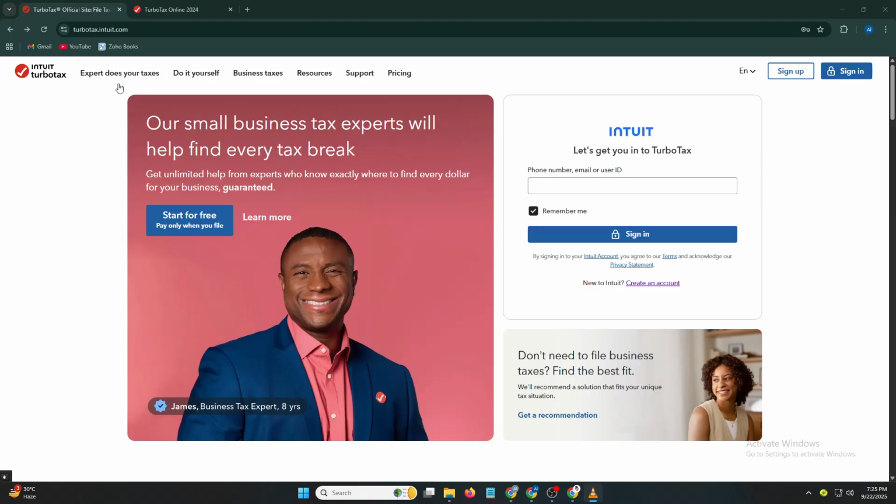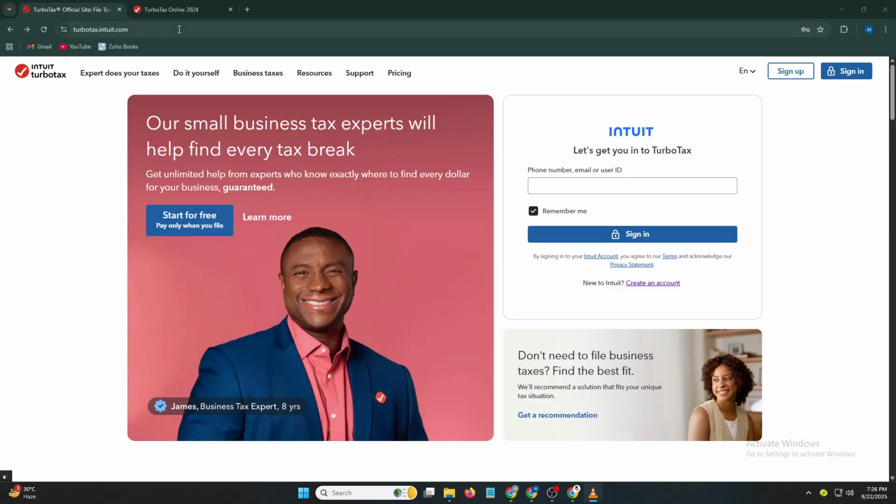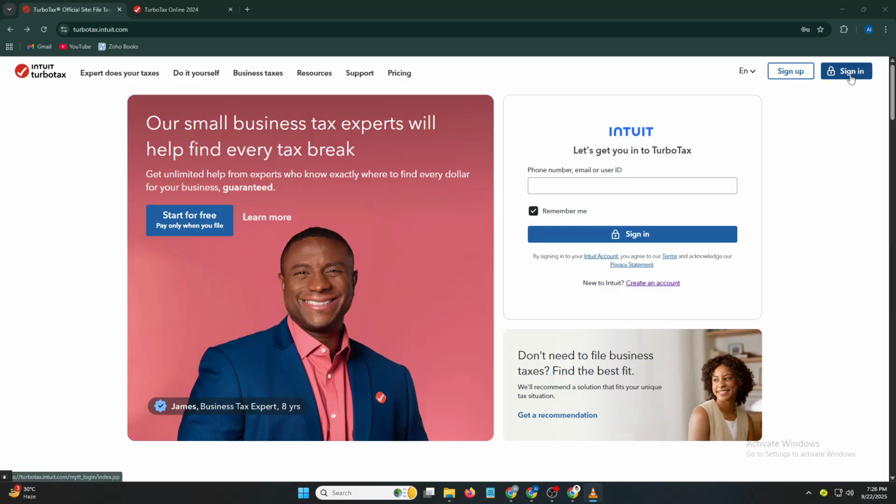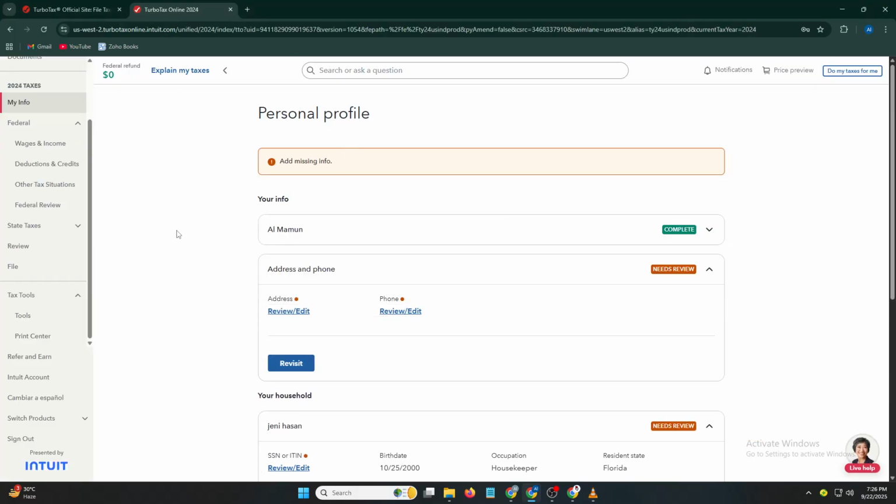First, open your web browser and go to the official TurboTax website. At the top right corner, you'll see the Sign In button. Click it and log in with your existing account. If it's your first time here, you can easily create a new account. It's quick and straightforward. Once logged in, you'll land on the TurboTax homepage, which is your dashboard for managing all